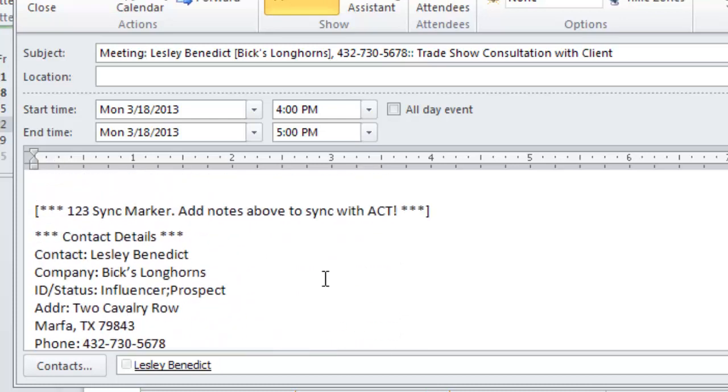Let's go up to the top of the notes section, and then we just type in done, and we have colon, and we'll just type this meeting went well, deal closed, more money. So what we've done is we're telling